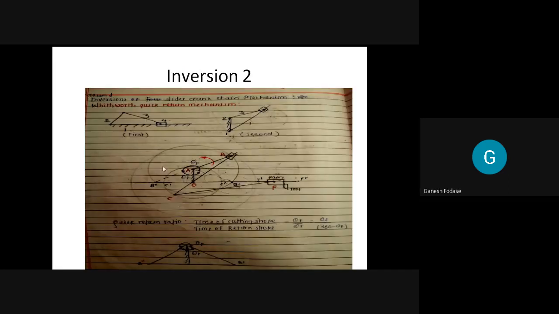Let's go through it. I hope you've seen that in the first inversion, the first link, the frame, is fixed, while in the second inversion, link number 2 is fixed. Now instead of fixing either link number 1 or 2, if we fix link number 3, what kind of inversion do we obtain? That we'll discuss today. Of course, we'll see more next also. So let's go through the third inversion, and the diagram will be the same here. The only difference is that instead of 2, link number 3 is fixed.